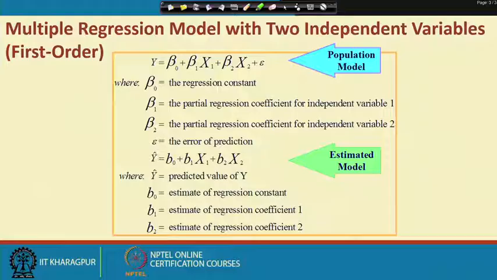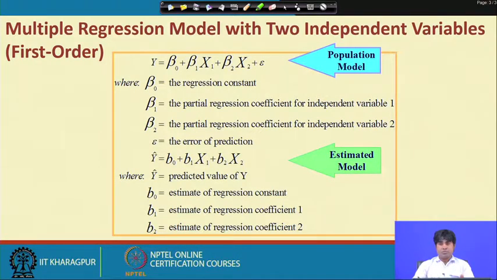In order to justify this, we can restrict the model to two independent variables. When your model has two independent variables, it is called multiple regression, but when we have only one independent variable, it is called simple regression modeling. So here, with two independent variables, it is also called multiple regression, because the key difference between simple and multiple regression is the number of independent variables involved and their relationships.